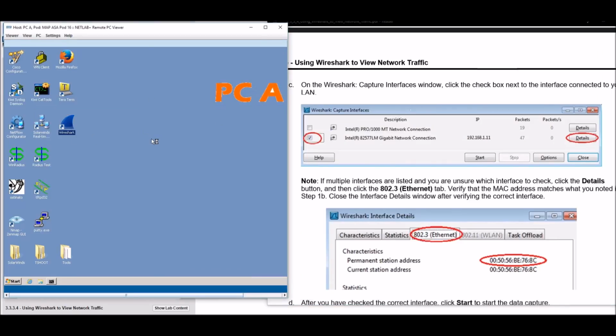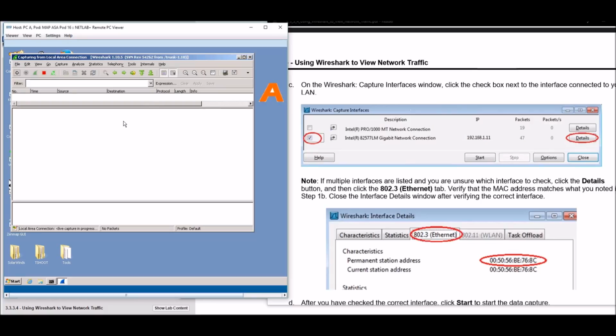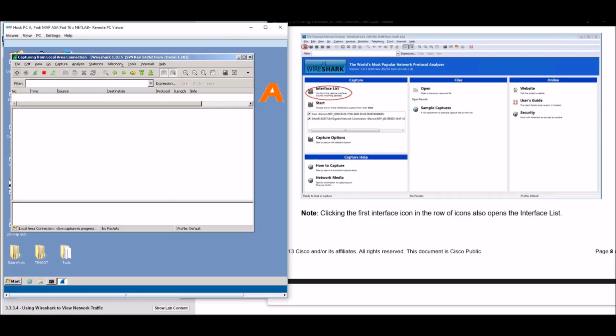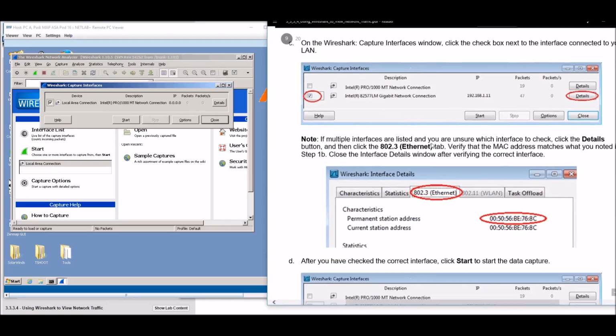It doesn't matter. I'm going to open up Wireshark, start that up. And we're going to go ahead and click on Start here. And we're going to configure our interface. So on the interfaces window, I clicked Start before. Let me end this one. And we're going to click on our interface list here. And this is our list here. And looking at the PDF, that's what it's showing you there.